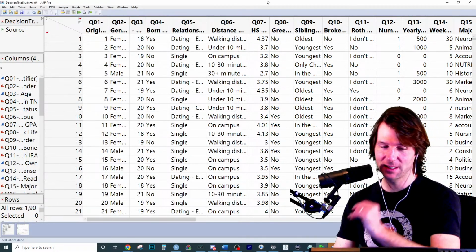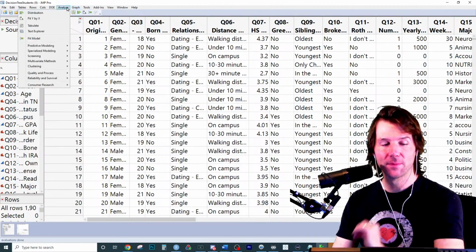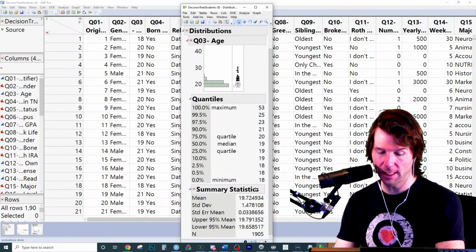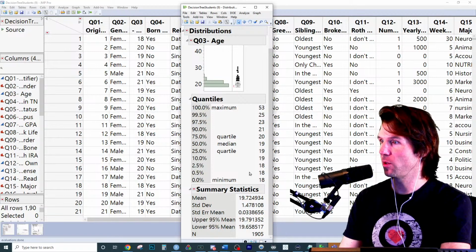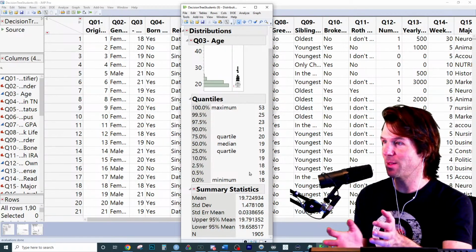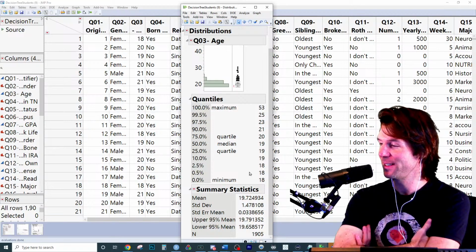There are people in college who are like 16. There are people. And the naive model would predict 19.7. So you're typically off by about 1.4. That kind of has the bounds of almost 18 to 21, right?